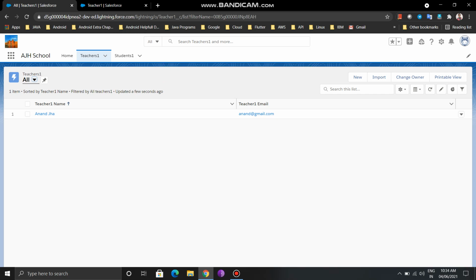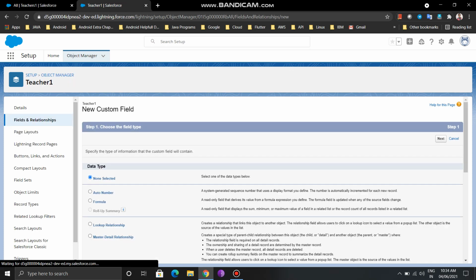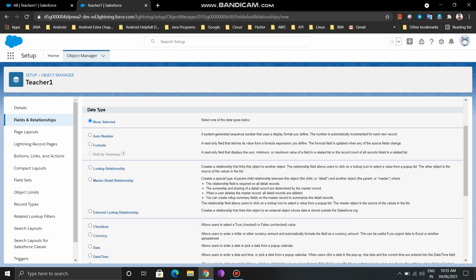Similarly, just like we created the email field here, you can create any fields according to your need. So you will create your teacher's ID, teacher's email, teacher's address. For auto number, it's an auto incrementing number. When you need to create ID fields, you should choose auto number, and we will talk about formula and relationships in coming videos.